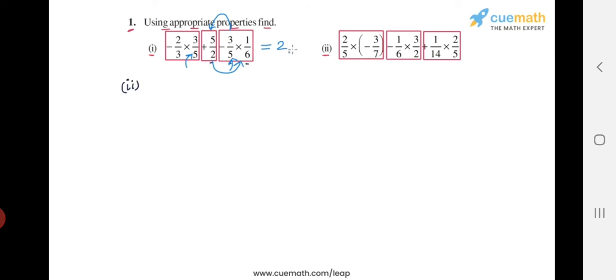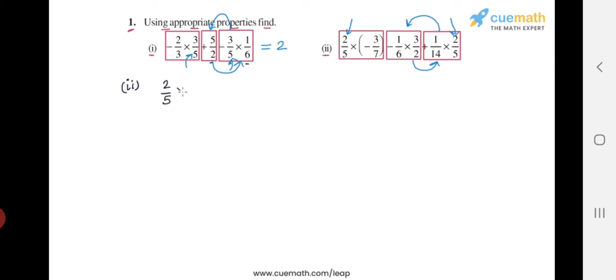So if you look at the first and the third parts, both of these parts have a 2 by 5 multiplier. So once again, we will combine these two parts, and to do that, we will bring the third part to the second position and the second part to the third position, and we can do this because of commutativity of addition. So that is going to be our first step.